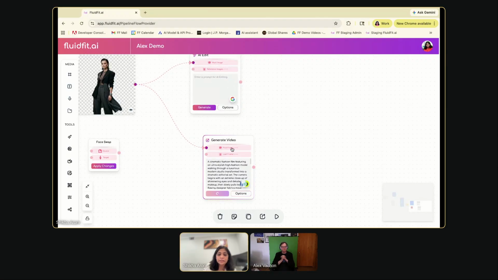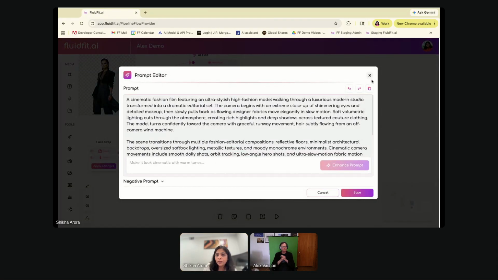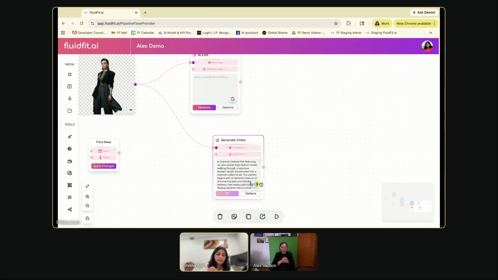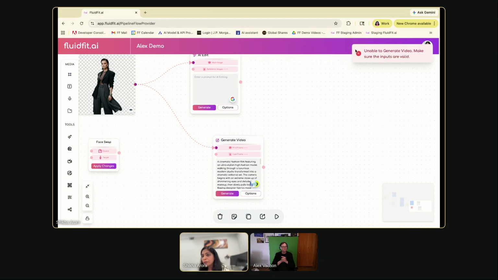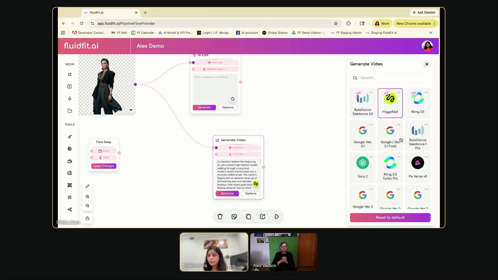Okay, we switched back. Let's go back here again. So you would generate the video here in this case, and once you have your video, you could use your video-based editing tools to work on it. You could edit a video, upscale the video, reframe a video, or preview the video. I think there's something wrong with the system here, but let me maybe do the Kling model here and then give it another try, or I will show you some pre-provisioned flows that we have,